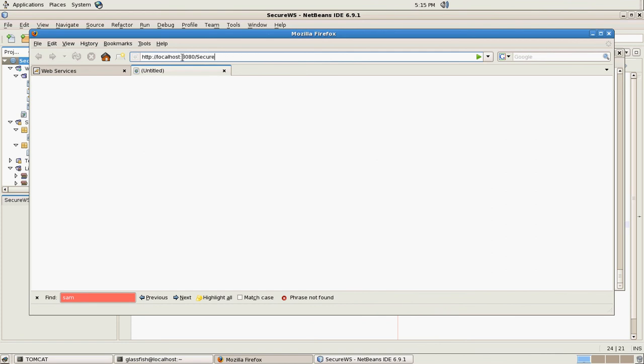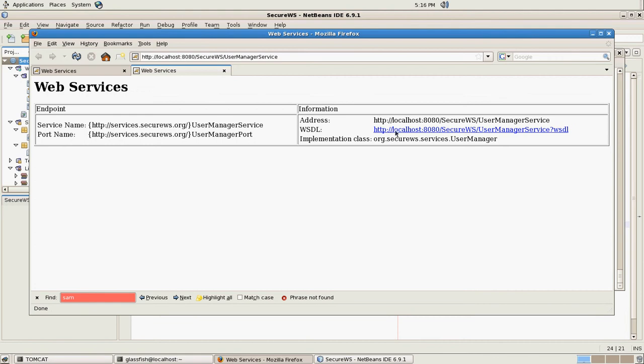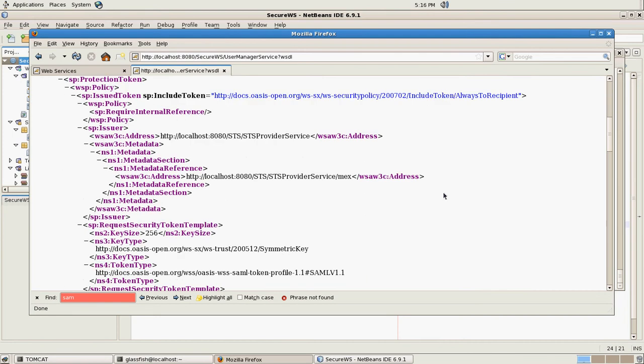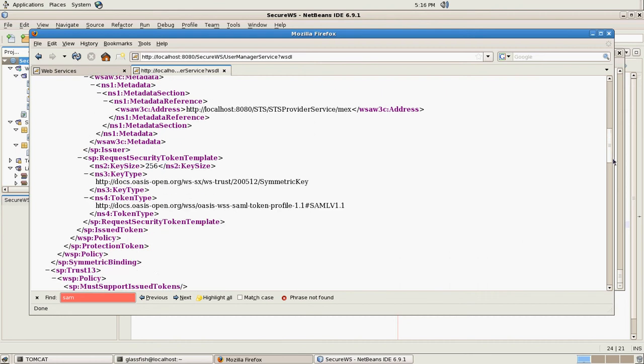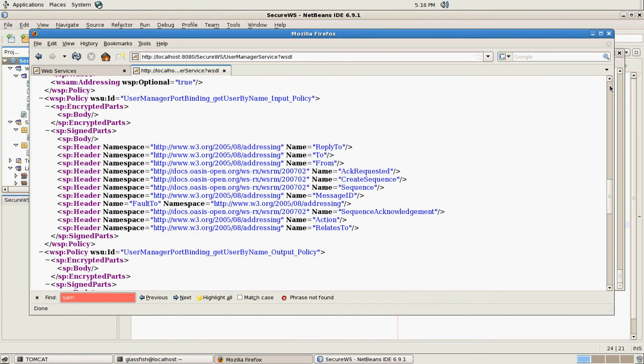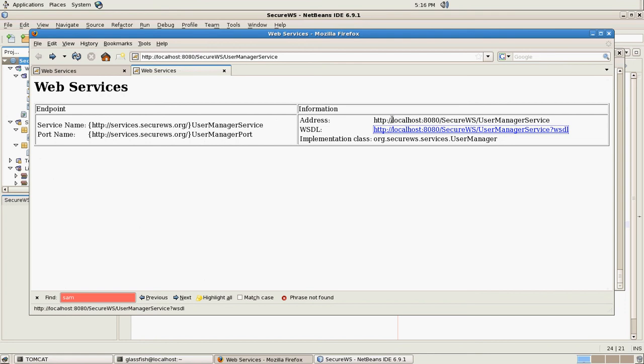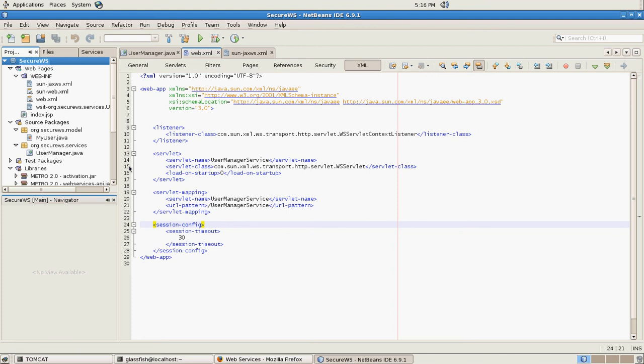So this is going to be SecureWS user manager service. There we go. Get our WSDL right here. Yep, we have JAX-WS 2.2. You can see the OASIS stuff, so we have our security stuff included. Okay, so now the last thing we need to do here is take our endpoint and add the provider to